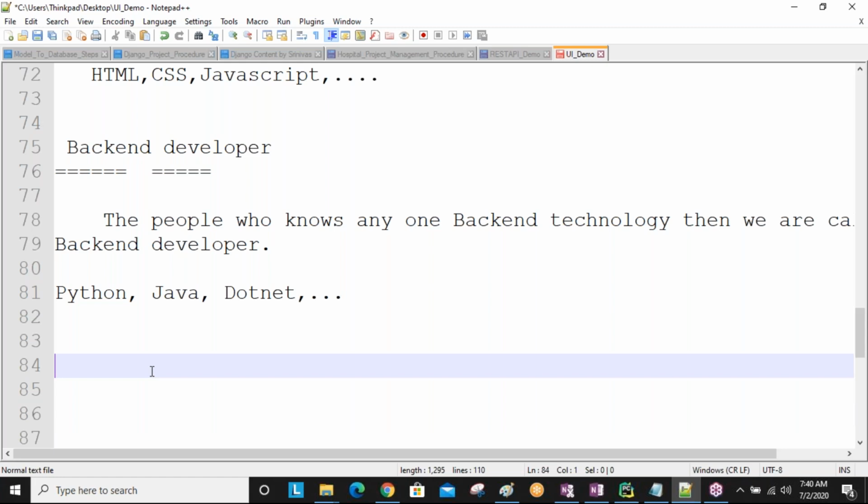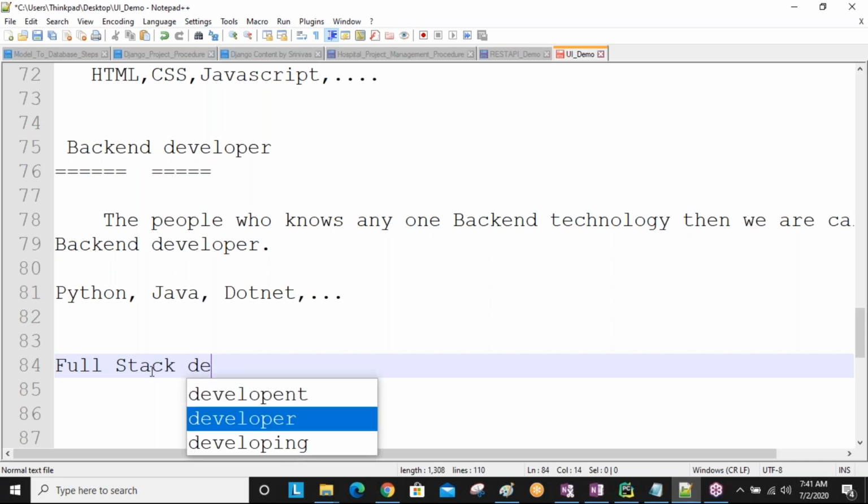Nowadays one term is getting more famous: full stack developer.